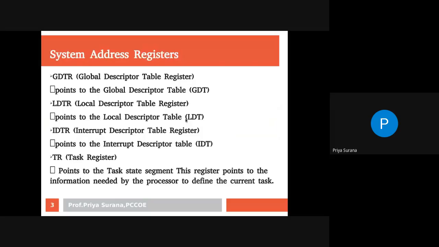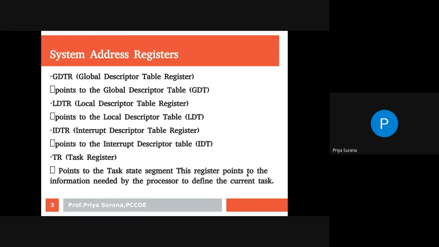LDTR points to the local descriptor table, that is LDT. Same way, IDTR, the interrupt descriptor table register, points to the interrupt descriptor table. Task register points to the task state segment.